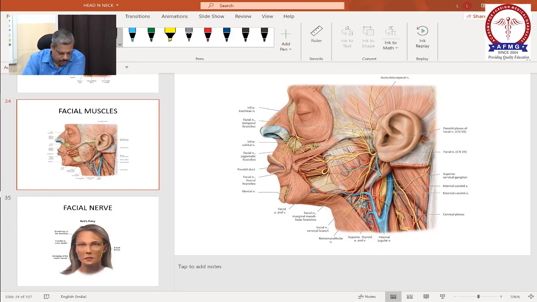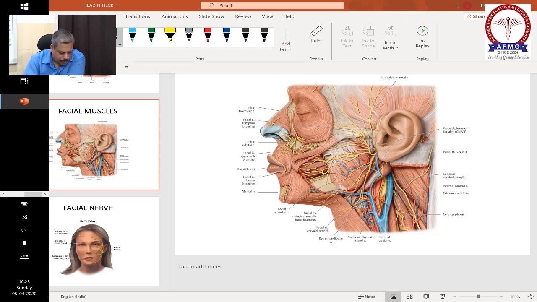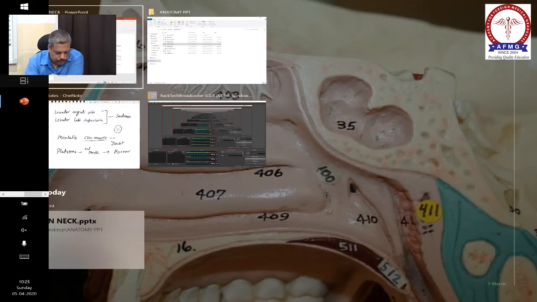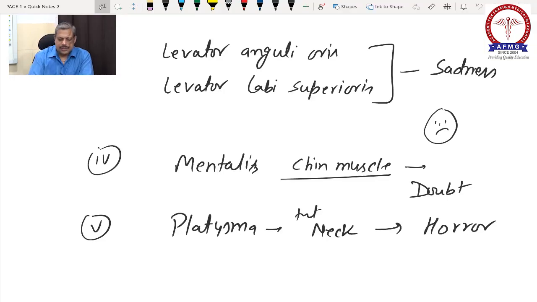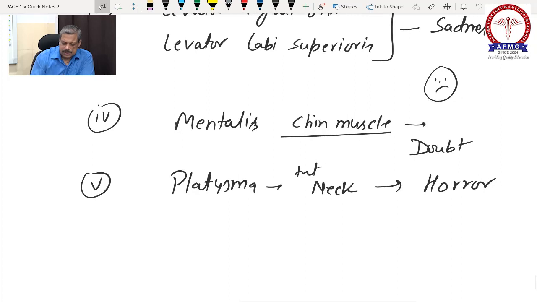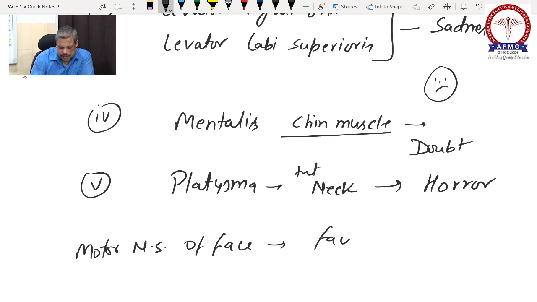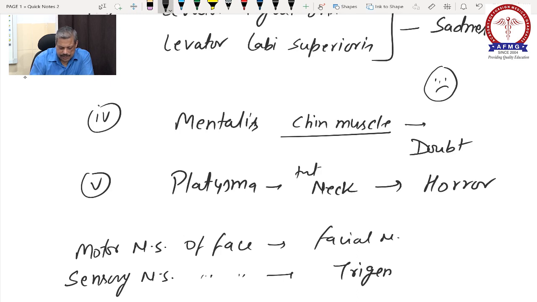Now come back. So these are the muscles. Now after identification of the muscles, the next question, what is the motor nerve supply of the face? Earlier I told you the motor nerve supply of the face is the facial nerve. Next question, what is the sensory nerve supply of the face? The sensory nerve supply of the face is the trigeminal nerve